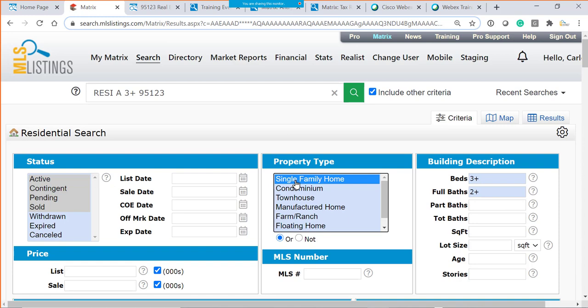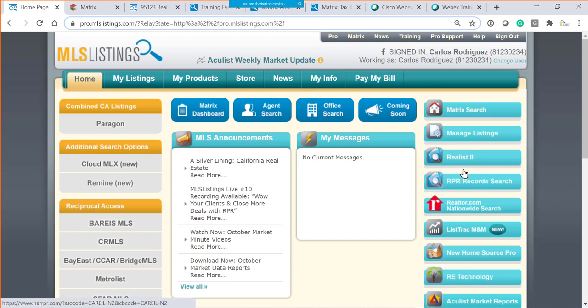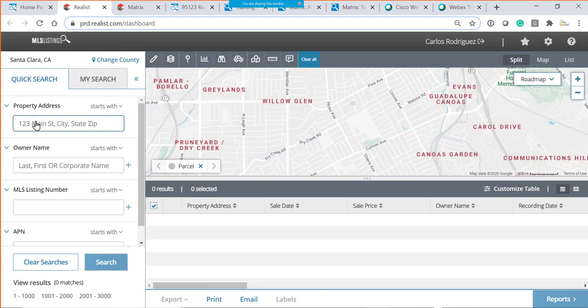So if you have the address, you're going to need it for that property. So I always suggest people, okay, give me the information. If you ask the client, they don't know. That's why it's better for you to go to Realist, which is tax records from our main page. And once you land right there, I want to say 5846 Chesbro